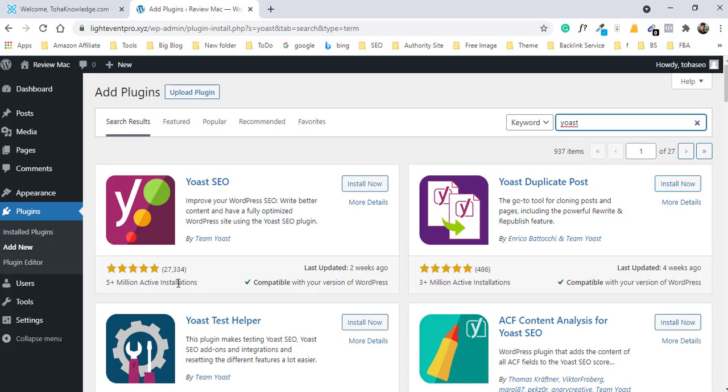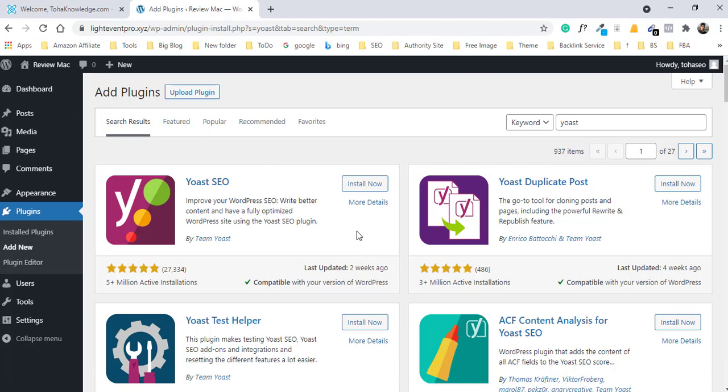So it's a very popular plugin for WordPress SEO, and you can also see that the last update was 2 weeks ago. So it's an updated plugin and compatible with the current version. I'm using the current version of WordPress, so it's compatible with my version of WordPress.